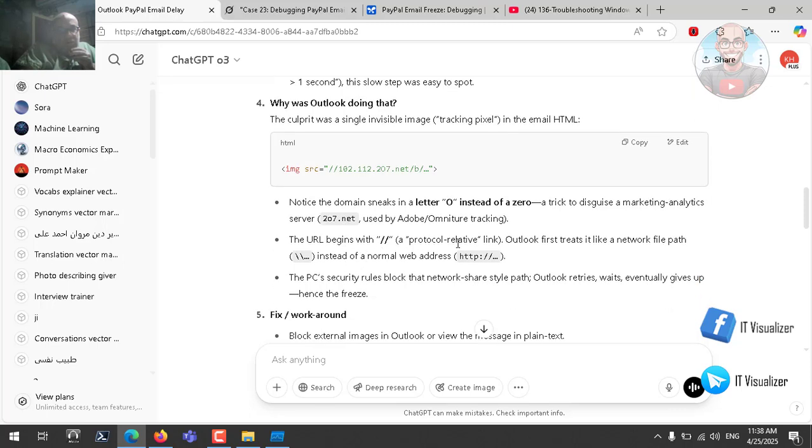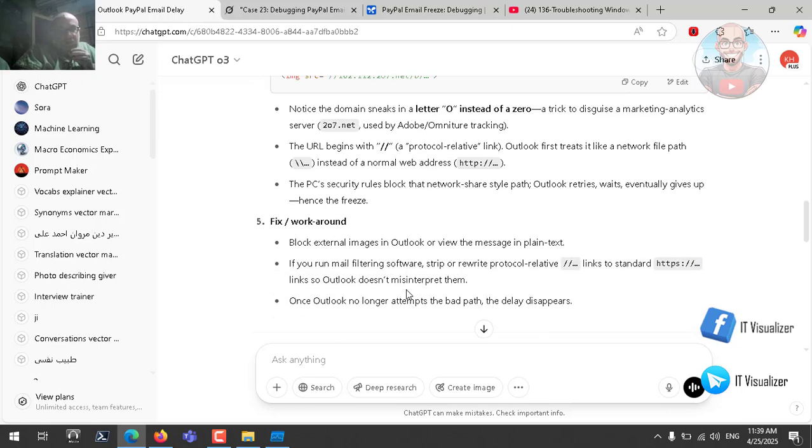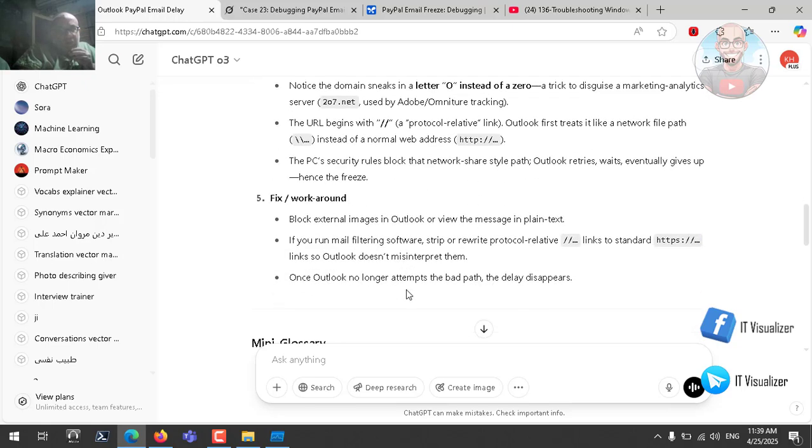So it begins with a data protocol. Outlook treats it like a network file path instead of a normal web page. The security rules block that network shared style path. Outlook retries, waits, and so on. Fix workaround: block external images in Outlook or view the messages in plain text. That's it. You can change the format of the email, and this happened to me, and I solved it by